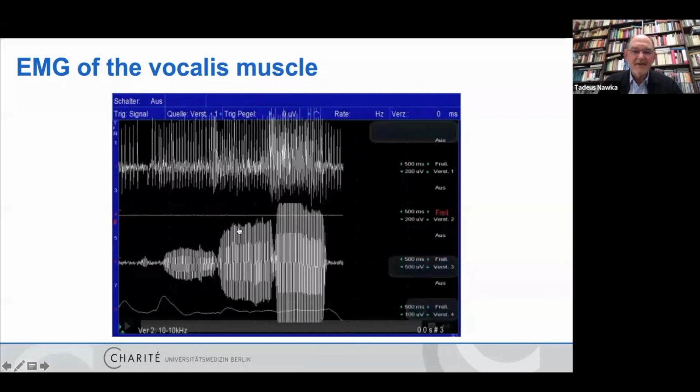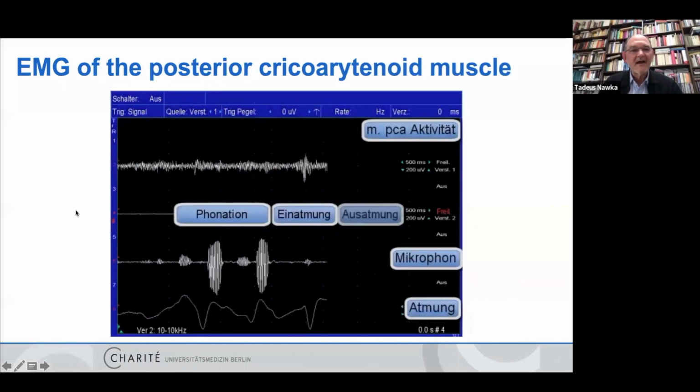So you can see the microphone signal and the EMG signal. So you see the recruitment of the muscle fibers here. Later, now we would like to have a look at the posterior cricoarytenoid muscle, which is a little bit